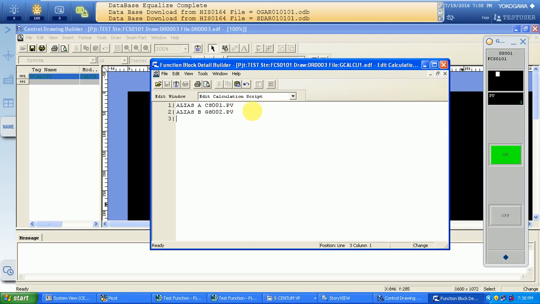After that, A equal to B. The value of A should be equal to B. If the B value changes, the A value definitely changes. If you reverse this, B equal to A, you will get a connection error, because you are trying to write the value in GS002, and I already said you can't write a value into GS002. Here the value is written in A only.